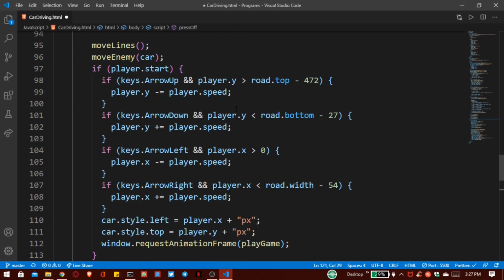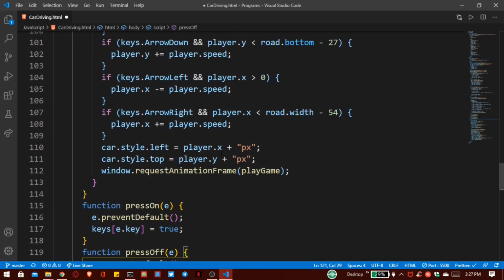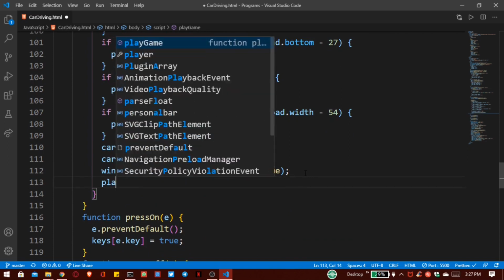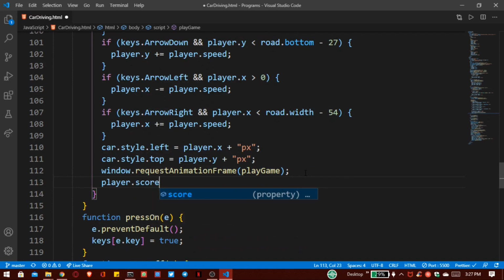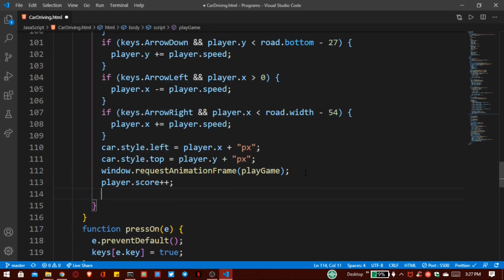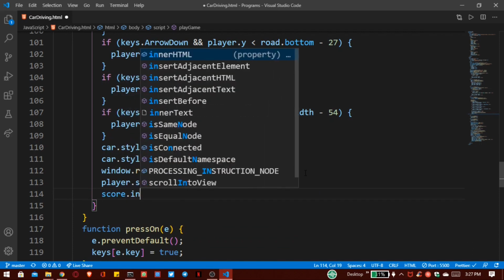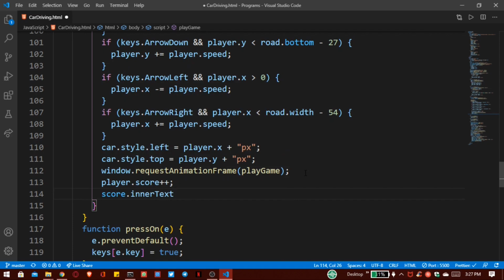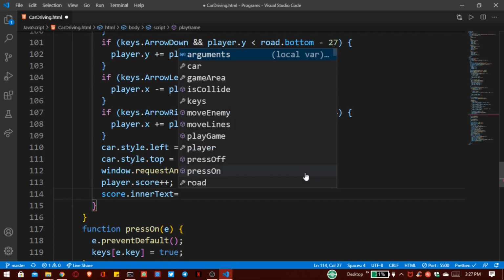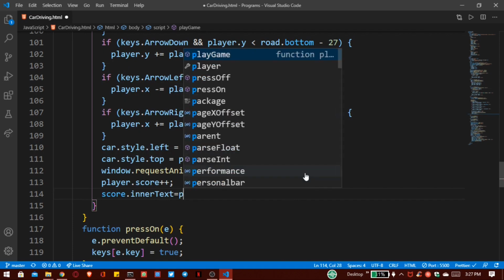So if our player has started the game, we have to increase the score. So player.score plus plus, so it's going to be increased, and inside that we have to print that. So score.innerText is equal to player.score.